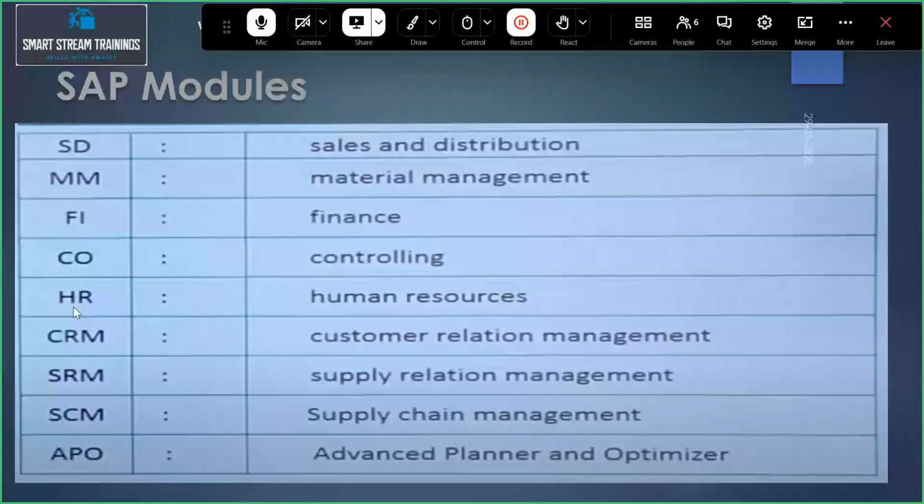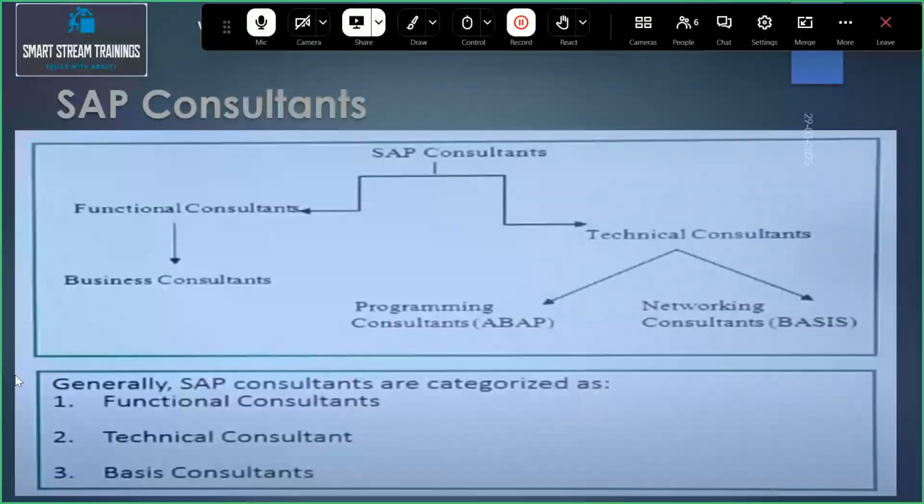Like this, MDG is also one of the modules in SAP. You have to know about it, because you will be attending SAP MDG classes from next week, after completion of these basics.